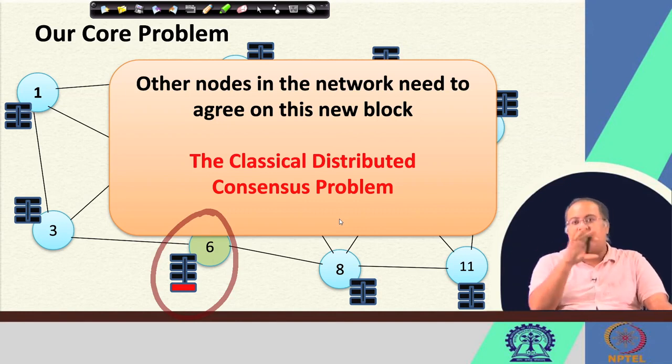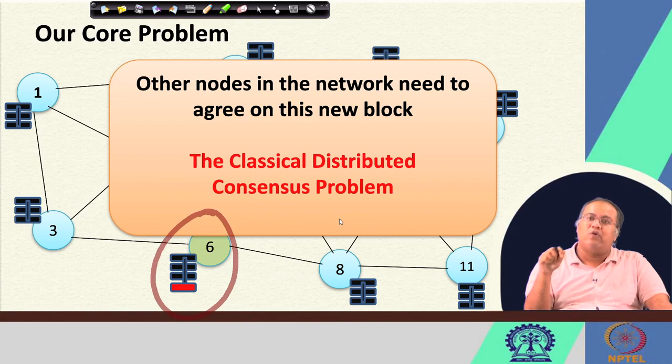So that way they form a block which contains that information, and now other players in the network need to agree on this block. They need to ensure that this block is a valid block, a correct block, coming from a correct participant in the blockchain,